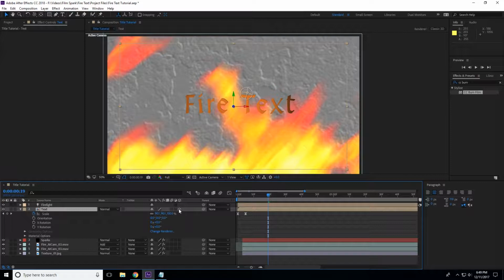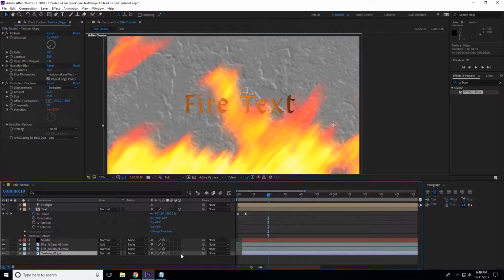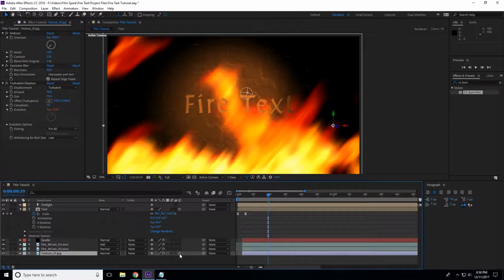A pro of this is that the flickering light from the fire will affect this layer, but a con is that since the same light that's lighting the text is also lighting the background, the text can get a little bit lost in the background sometimes. For the example, I kept the text a 2D layer, so it wasn't being affected by the flickering light, but I changed the color of the text so it stood out more. For this, I'm going to go ahead and make the text a 3D layer so we can see what that